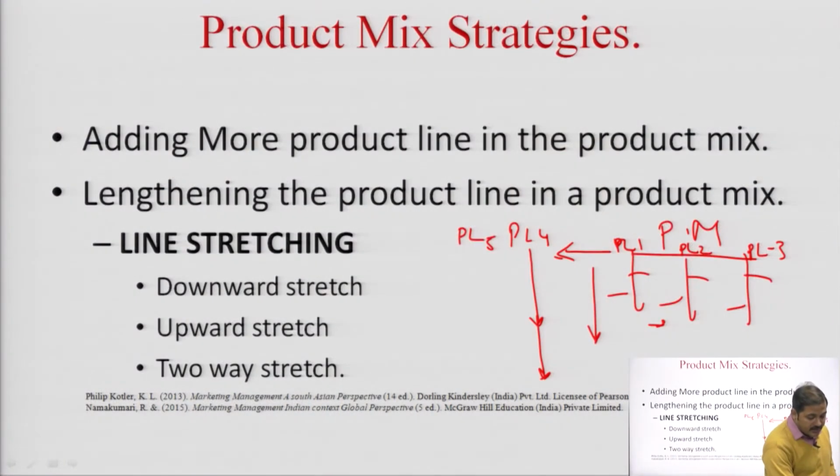Once I say that I have to go for a downward stretch, that means I am already in the middle market and I want to go to a lower end market. When the company notices a strong growth even in the lower end market, only then is the company going to take the decision to step down to that market and offer its products and services. Also, when the company wishes to tie up the lower end competitor to stop them there itself,